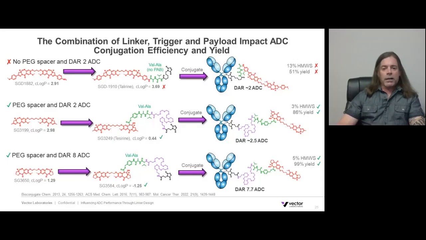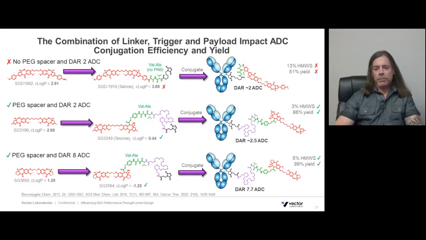The example on the bottom shows that you can also apply this approach to higher DAR ADCs. The payload is shown over there on the left. Its structure has been manipulated further to reduce the hydrophobicity even more. It did reduce the potency of that payload, which is now why you're having to compensate that with a higher DAR ADC. Putting the Val-Ala trigger, PEG-8 spacer, and maleimide reactive group on that payload reduces the C-log P even further, and conjugation of that linker payload to an antibody gives us a DAR 7.7 ADC with only 5% aggregate